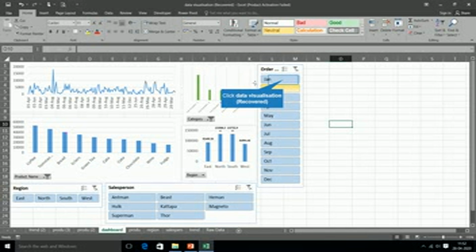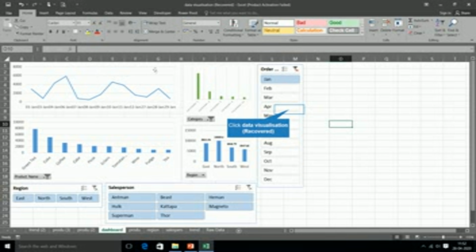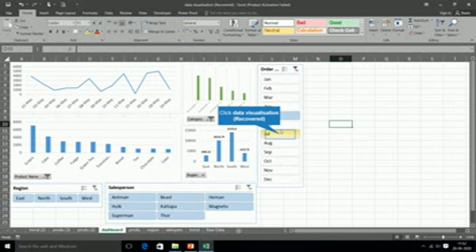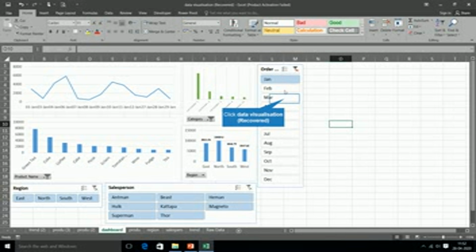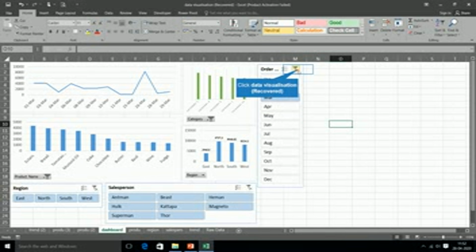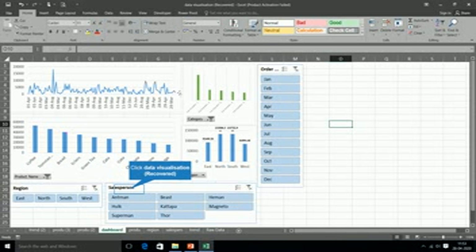For example, I am interested in knowing about the month-wise sales that happened in the previous year. So I am going to know what the sales were in the month of January. Here, when I click on this Jan option, the charts will vary accordingly. All the charts will be filtered, and the sales that happened in the month of January alone will be displayed in all the bar charts. The same way I can go with any month, and I can see the sales that happened in that particular month. If I don't want a specific month, then I can remove this filter, whereby I get the entire data in this chart.